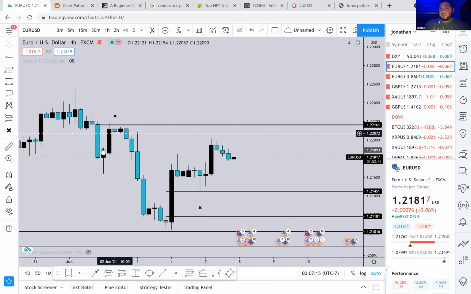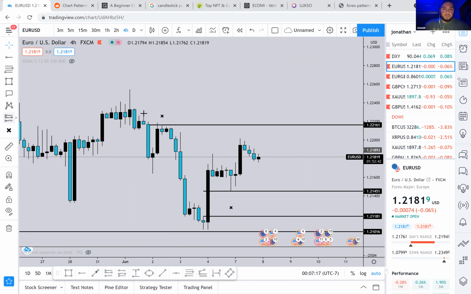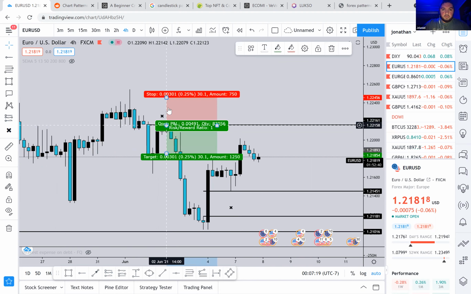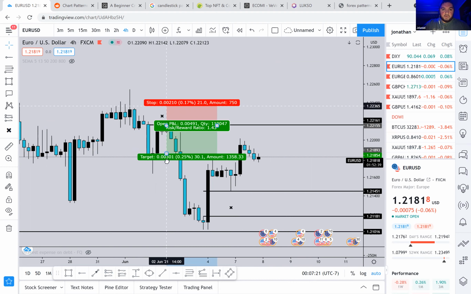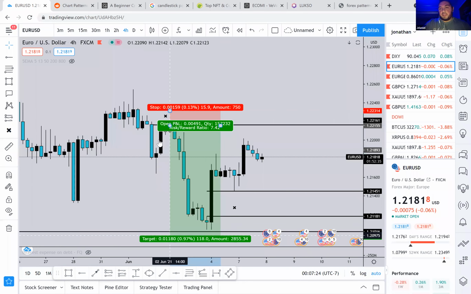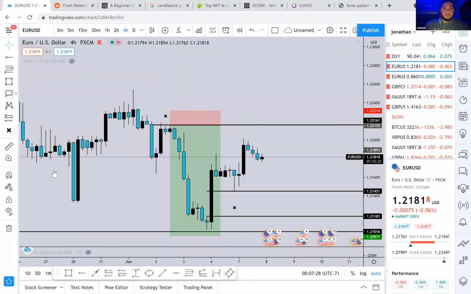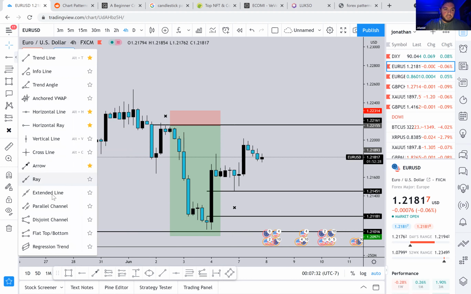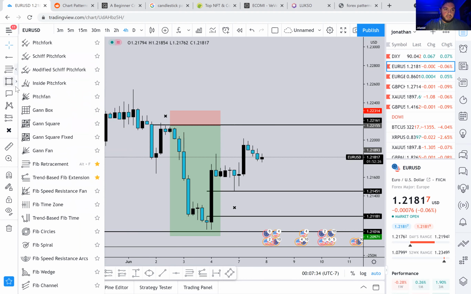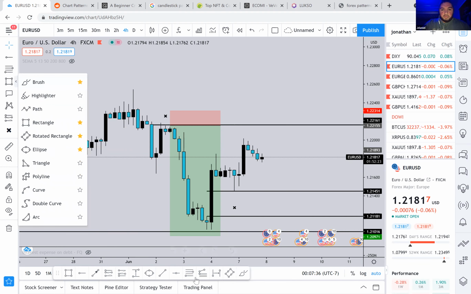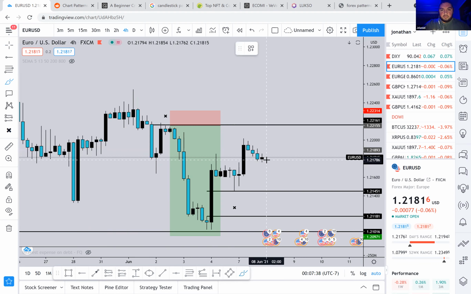This is a top, so meaning that most people here that sold previously probably have a stop loss up here or a break even for the sell. So meaning that this is like institutional trading. So meaning that the probability of them doing, what's it? Let me find the paintbrush. So the possibility of them doing this